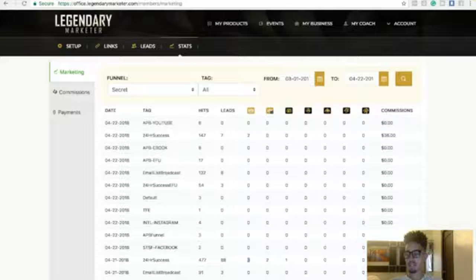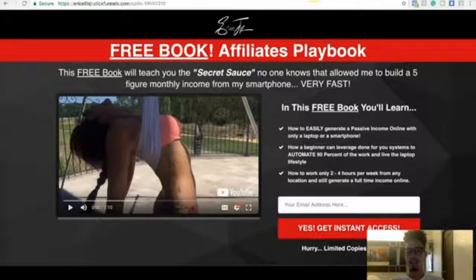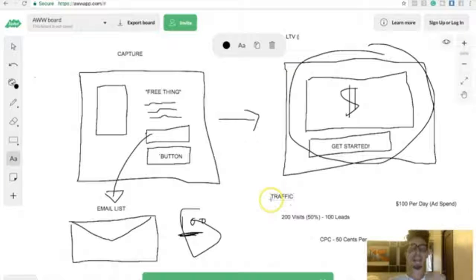So let's do the math on that really quick. 36 plus 261, divided by 5. So right now it's saying $59. Realistically, my long-term value is about $170 per customer that I bring on board. So with my long-term value, meaning every time I get a customer, I know they're worth $170,